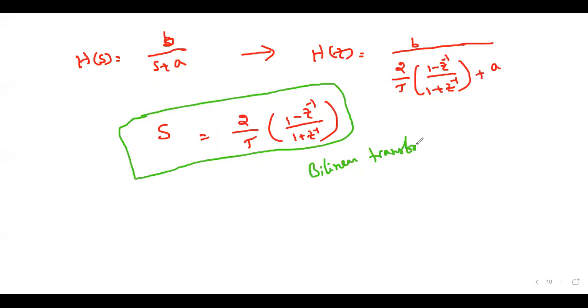Okay. At this point, I will close it. For using this transformation, whether we have overcome the drawback in impulse invariant method or not, we will test tomorrow. And further, if there is any difficulty and limitation in the bilinear transformation, that also we'll discuss. Then after that, we will see a problem of this. Okay. Then tomorrow, I will close this unit.